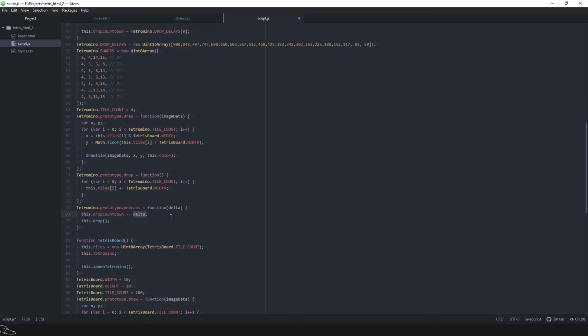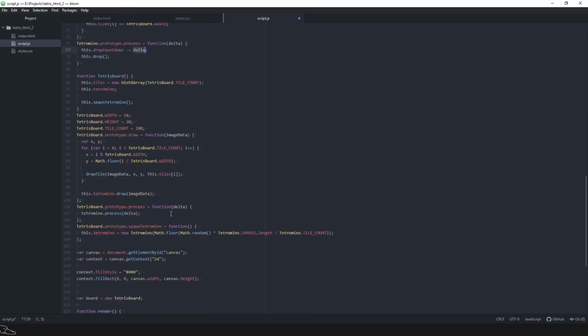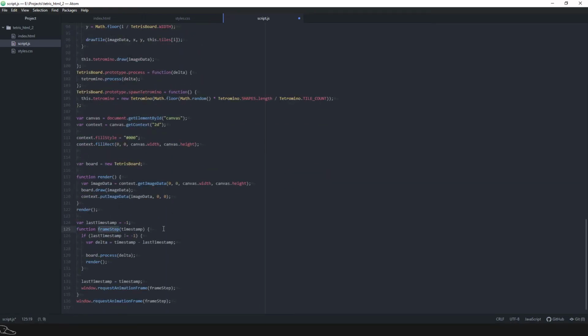Basically, what this delta does is it allows us to track how much time is actually passing while the game runs. Because the old way you used to do it is if you had a Nintendo Entertainment System, if you had an NES, you knew that it was always going to render at the same frame rate all the time, a constant frame rate. You could just say, okay, every time we call our frame step for, Super Mario Brothers, it's always going to be, that's a bad example because they probably did use something smarter like this, but for example,